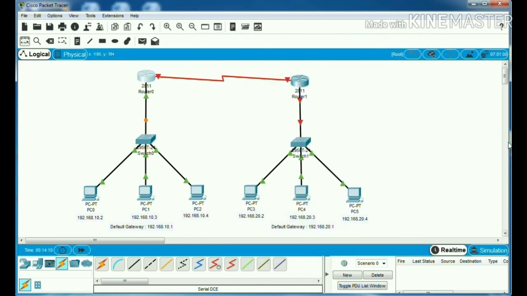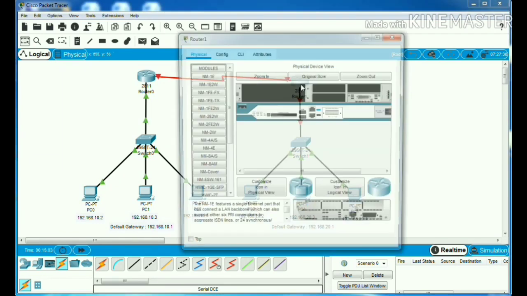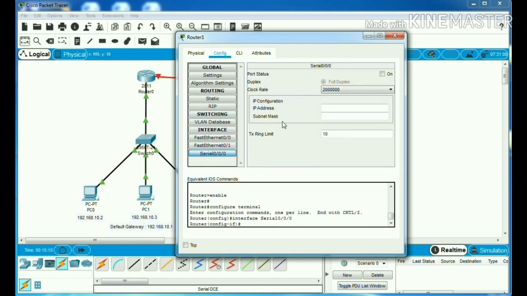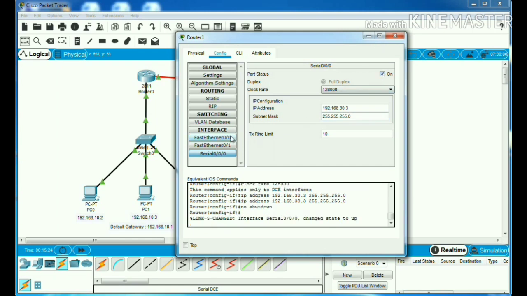Close it. Click on router 1. Config, serial 000, clock rate be 128000 and IP address be 192.168.30.3. Turn it on.